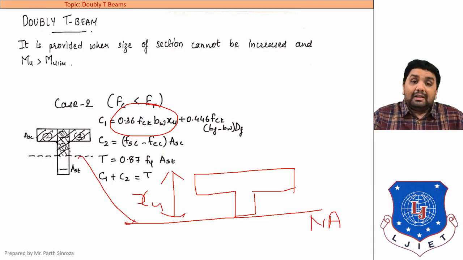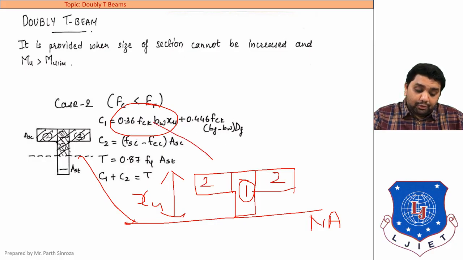Clear? So here the shape generated is a T, and to find CG or to find moment, we should be getting a prescribed shape in the form of either rectangle, square, triangle, circle, etc. So here we need to cut it into two portions. We will be cutting in the same method as we have cut in the previous, that is singly reinforced T section. So we will be cutting it vertically. This will be our section 1, and these both will be our section 2.